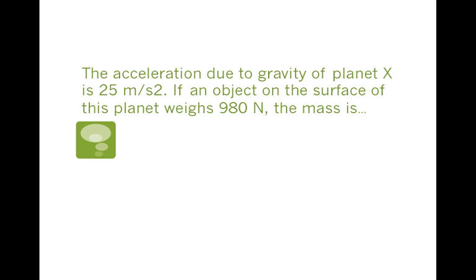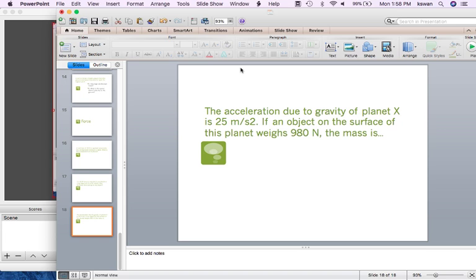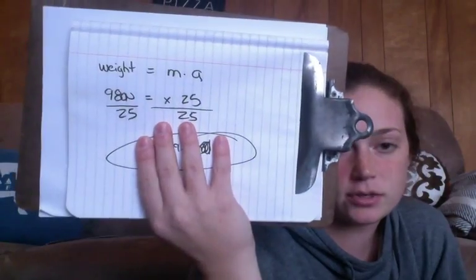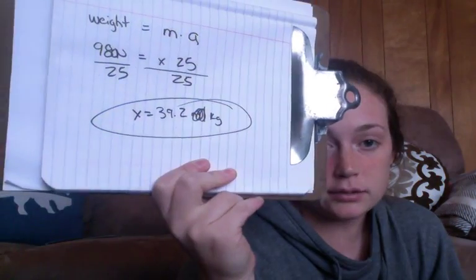Does everybody have it written down? Hope so. So this is where you just need to remember that your weight is your mass times your acceleration. If we're on Earth, we know the acceleration is 9.8, but we're not. We're on a different planet. So then you plug and you figure it out,